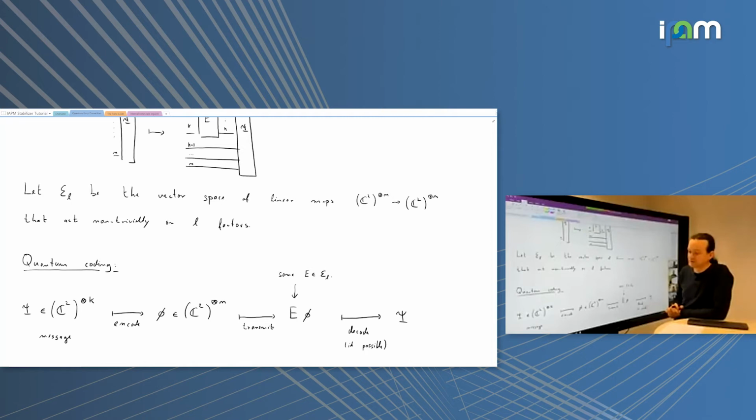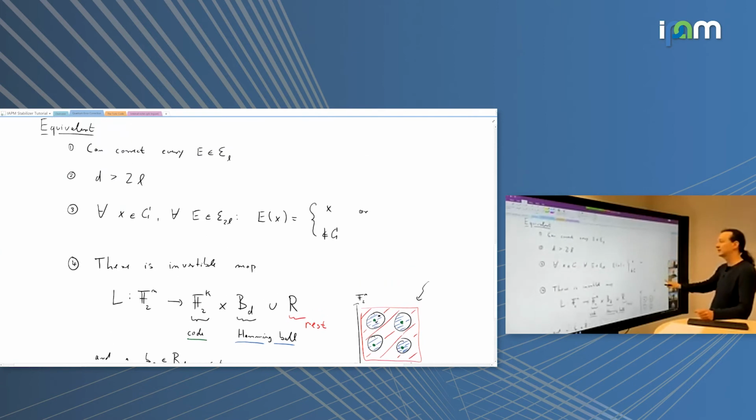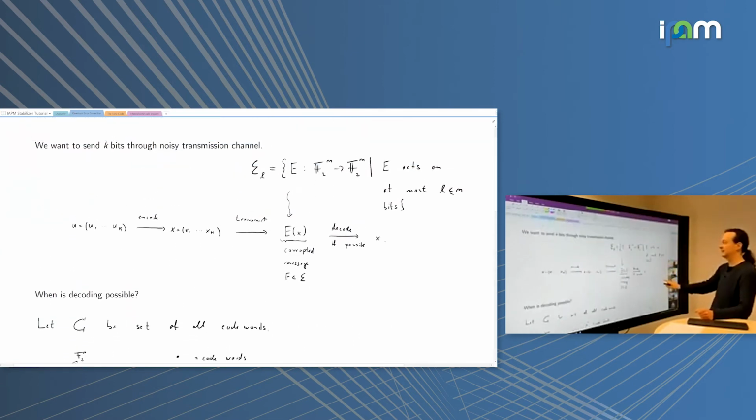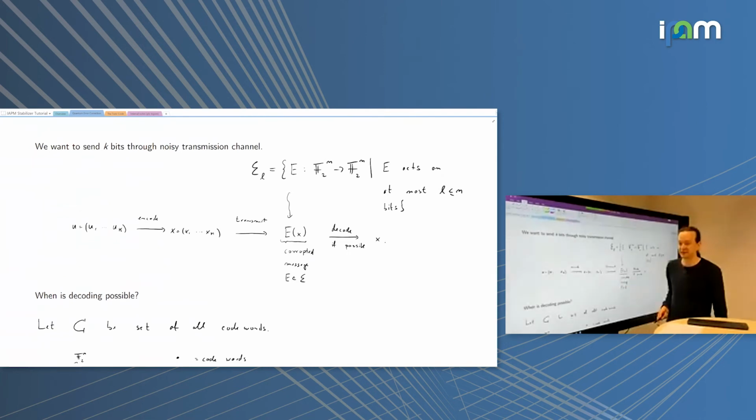Yes, that's right. It's a choice I can make, classically or quantum mechanically. I have to somehow restrict the set of errors. Of course, if somebody eats up my message X in transit and replaces it with something random, there's nothing I can do. A very natural way of restricting it is by having this locality constraint, but it's not the only one. In fact, if you do it in the general way, the theory is quite agnostic about how you restrict the error set. It just needs to be small compared to all possible things that can happen. I just chose locality for concreteness. Okay, it's a good question.